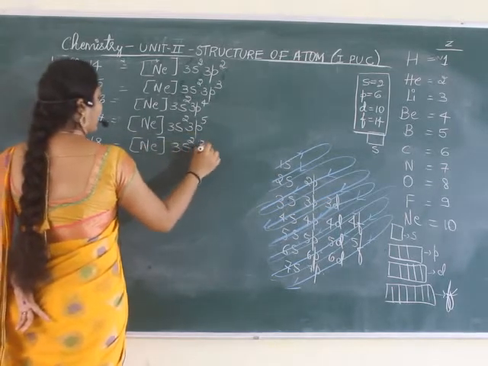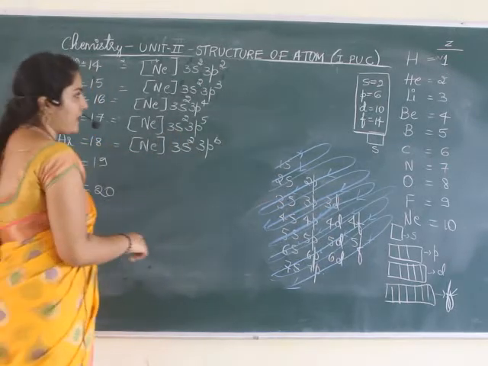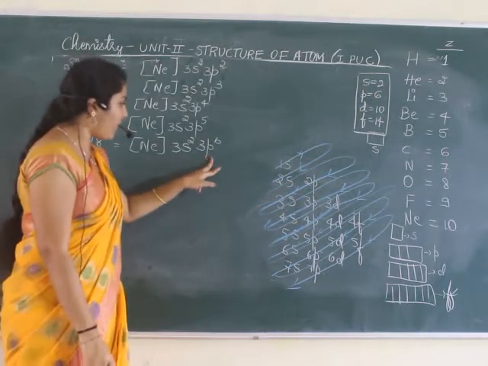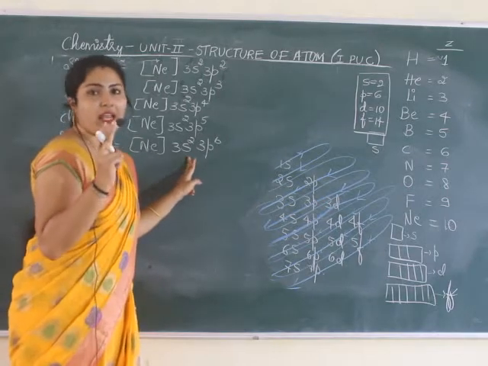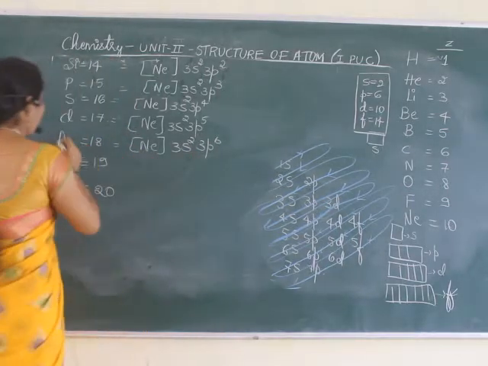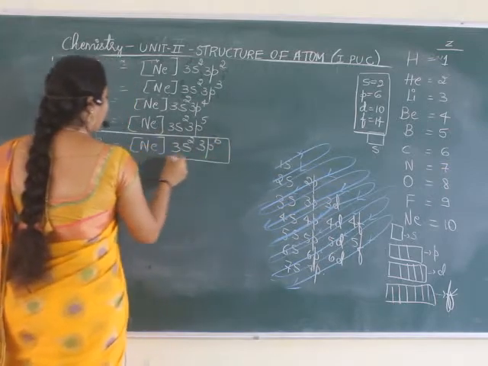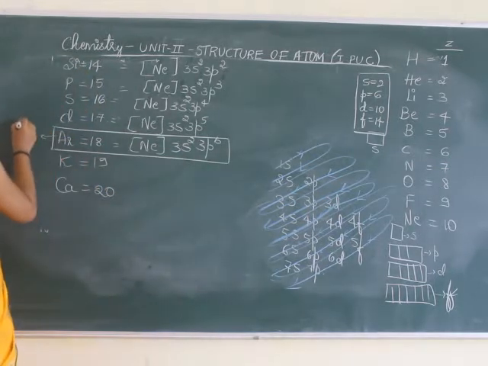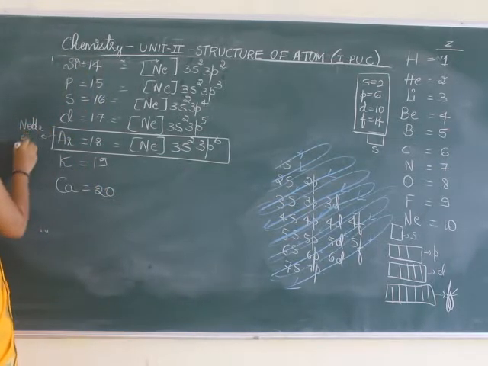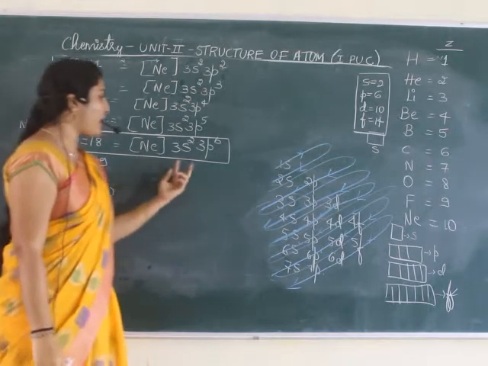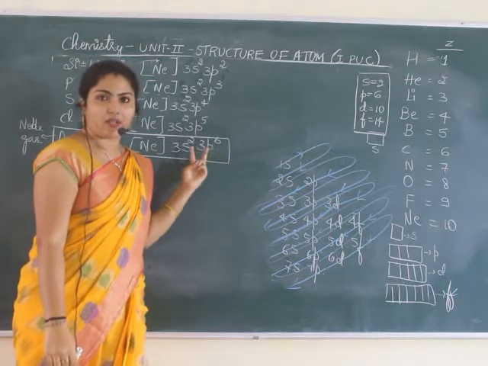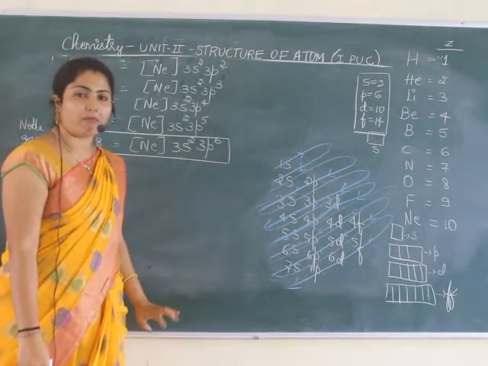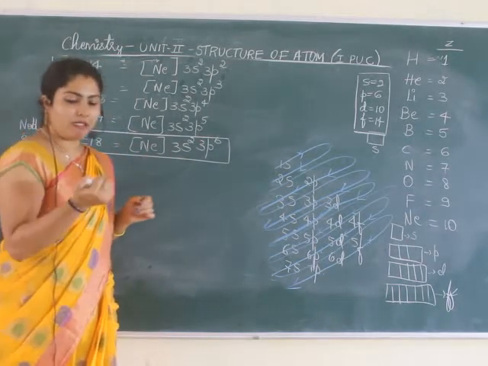Argon, neon, 3s2, 3p6. Now you see, what did I tell you? Maximum number of electrons that can be occupied in p orbital is 6. See here, p orbital has 6 electrons, s orbital maximum it can have 2 electrons, and it is completely filled here. So which element is it? Argon. Helium, neon, argon, these are noble gases. They are highly stable because of their completely filled electronic configuration. The core electrons as well as outer shell electrons are completely filled, hence they are called noble gases.